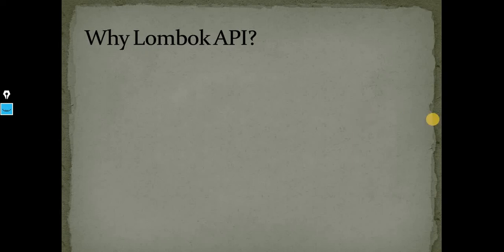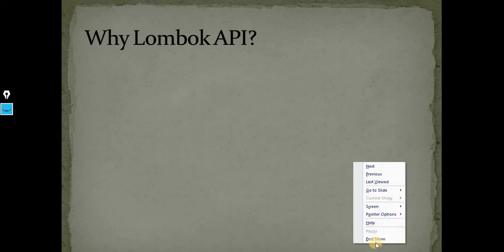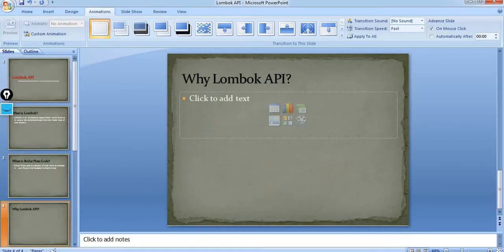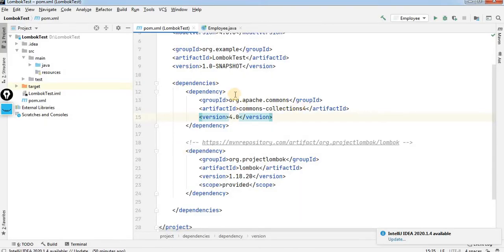For that we need to go to the IntelliJ IDEA tool, and there I will show how to use the Lombok API, and what the legacy approach was without it.